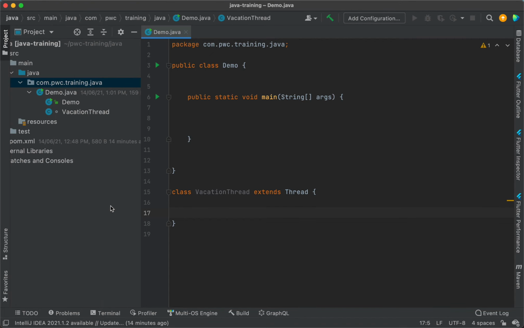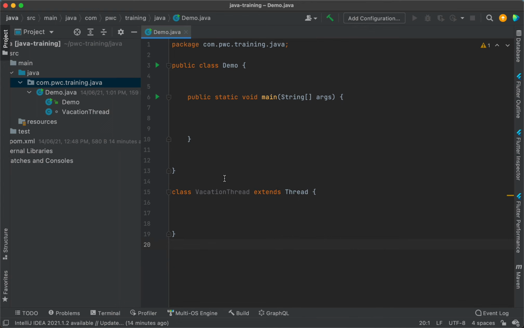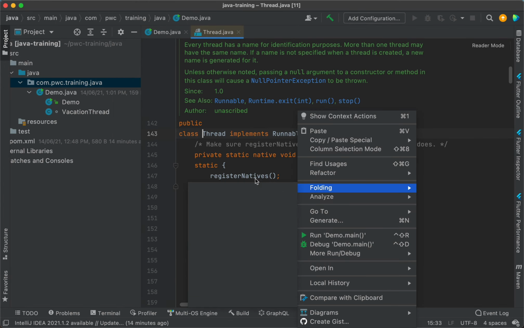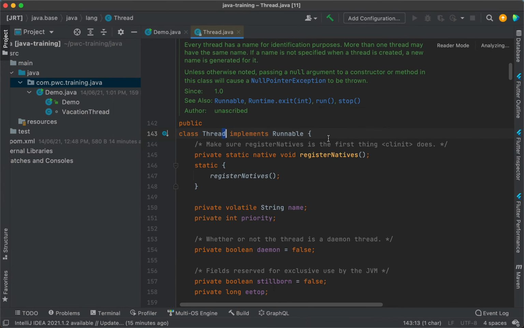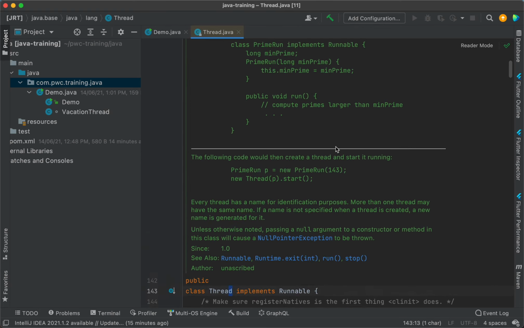So you see this. We have here VacationThread extends Thread, and here I will simply override, because Thread is the class. Never ever shy away from getting into the source code of Java classes. See, this Thread is a class that I have not written. When I move my mouse pointer here, it clearly tells me java.lang. public class Thread. It is in the package called java.lang. Okay, so Thread is the class. I can always control-click on it and get into the source code. This source code is not written by me, it is written by the implementers of Java.